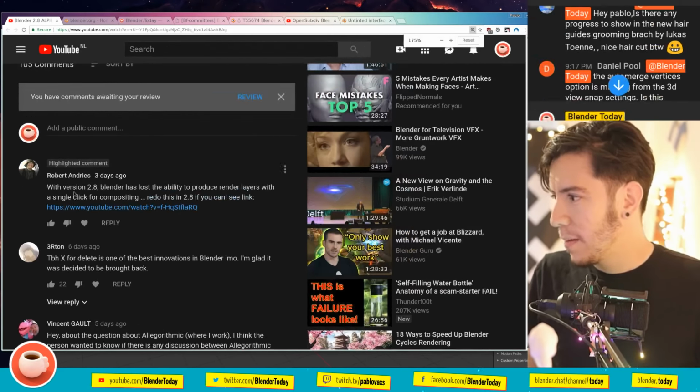Redo this in 2.8 if you can. See the link. That is a very nice comment, because it's a real concern, completely polite, being like, hey, this is my workflow in 2.7. How can I do it in 2.8?